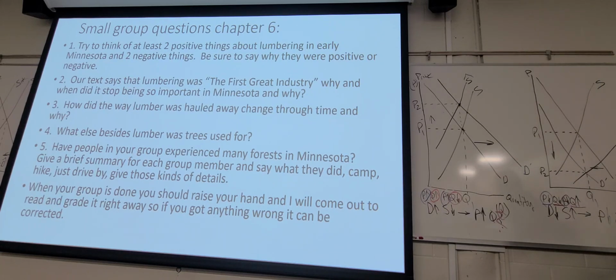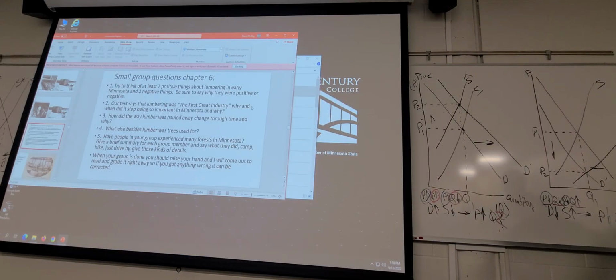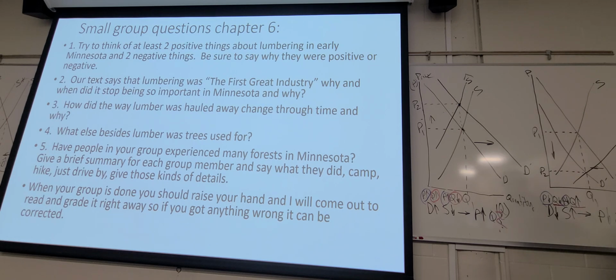So, number one, try to think of at least two positive things. You're provided the capital needed to develop the frontier. Yeah, and like mill towns. It was one of the main buildings. Several lumber mills and then